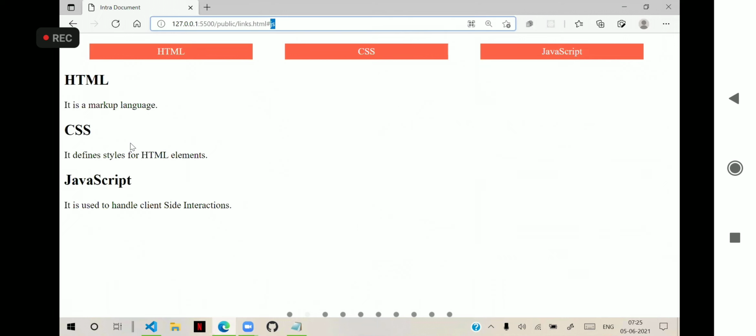By seeing this type of concept, many times we will get confusion. Generally, learners will think that it's not working. They will say, "Sir, intra-document links are not working." But intra-document links are working; you just don't have proper content to scroll. It is unable to scroll if there is no content to scroll at all. In that case, we use another technique.